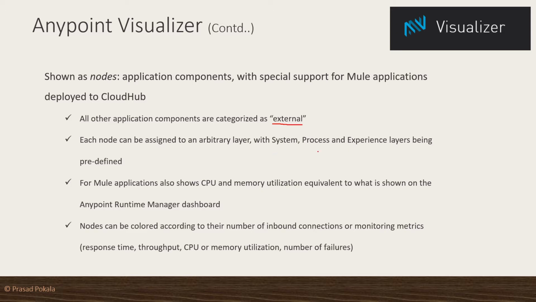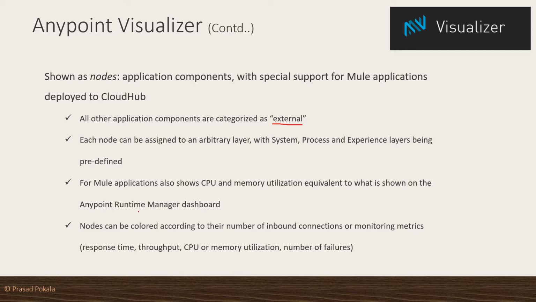For example, once the diagram is there, if you know that these nodes are system layer related and these are process and experience, then you can assign a particular layer to each of those nodes so that the graph will re-render itself and show how the call chain is going among these APIs from experience layer to process layer, and system layer.